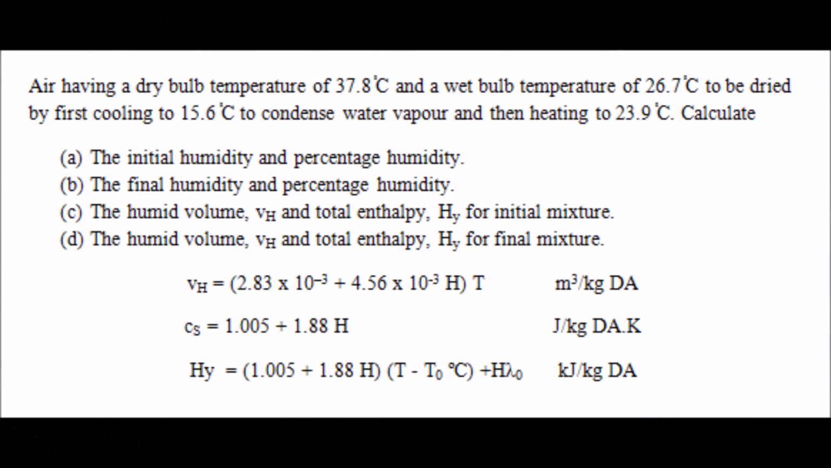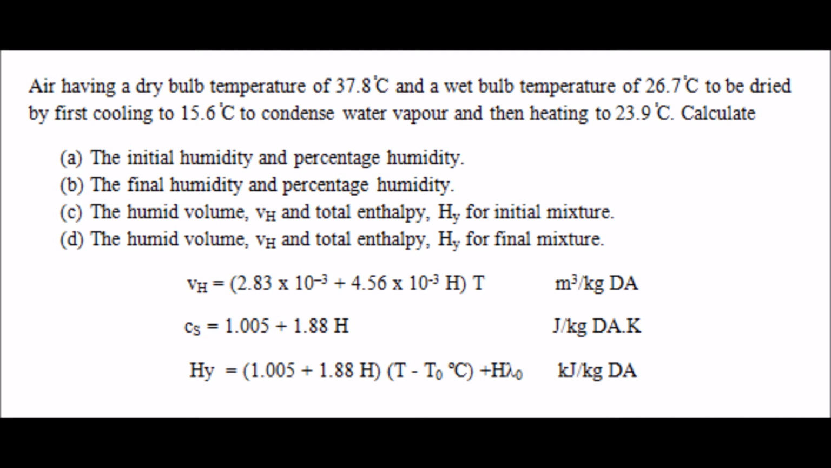Example problem on drying. Air having a dry bulb temperature of 37.8 degrees Celsius and a wet bulb temperature of 26.7 degrees Celsius is to be dried by first cooling to 15.6 degrees Celsius to condense water vapor, and then heating